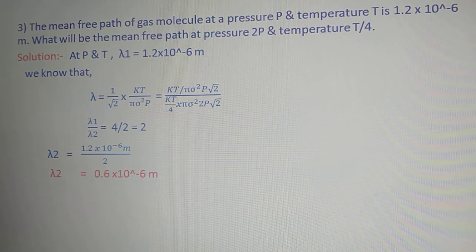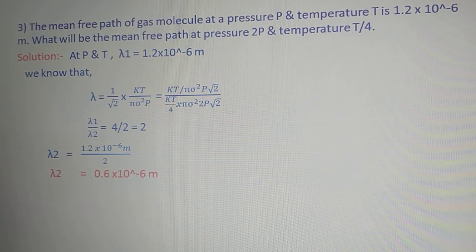So let us say this is lambda 1. So for temperature T and pressure P, the mean free path is given, that is lambda 1, and you are asked what will be the mean free path at double pressure and 1/4 of the temperature. That's the problem,